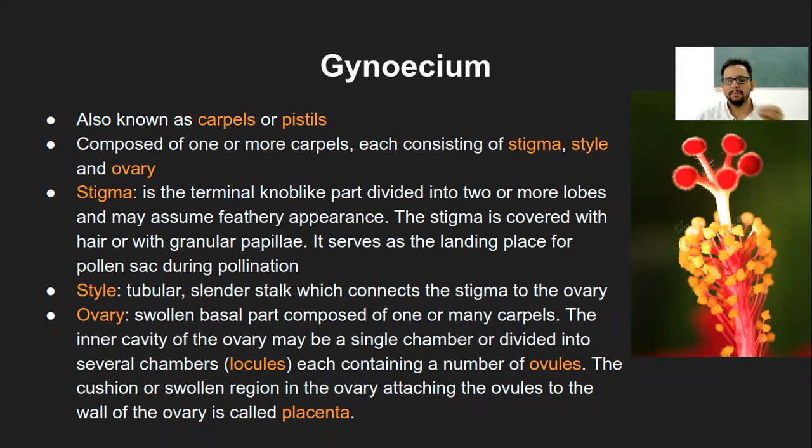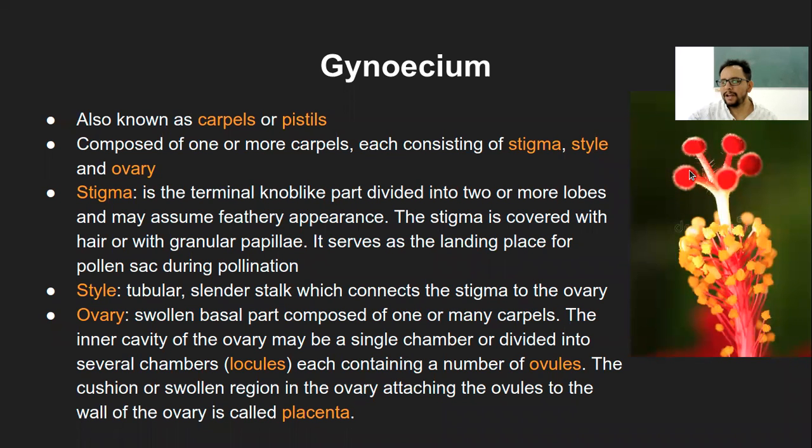We had briefed about it earlier. It is also known as carpels and pistils when they are in singular forms, and together we call them gynoecium. This is composed of stigma, style, and ovary. So, in short, the stigma is a terminal knob-like part. In this case, which is shown here, this upper portion, this is again a hibiscus flower, with a better magnification in terms of its reproductive structure.